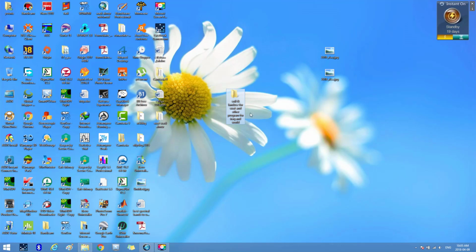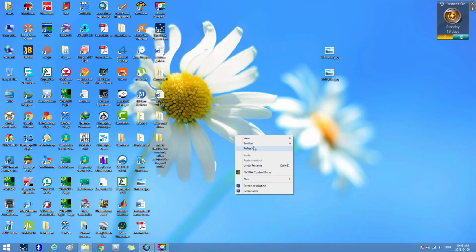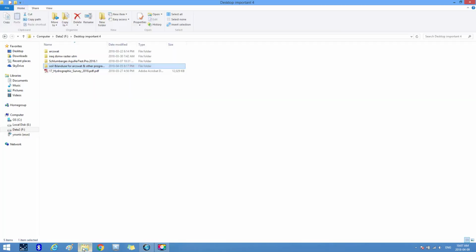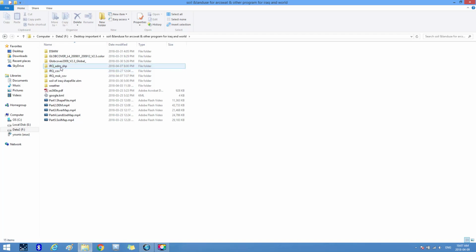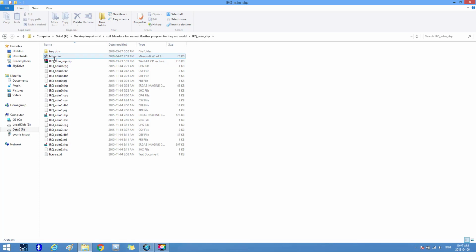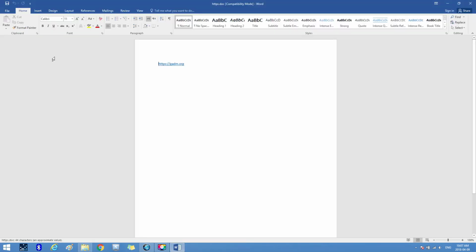And now we start with the explanation, where we will first show the way to obtain the shapefile map of Iraq and any country by going to the following site in the file named Soil and Land Use for SWAT and Other Program for Iraq and World, and open it, and then opening the file Iraq GADM shapefile and go to the work file HTTPS, open it,